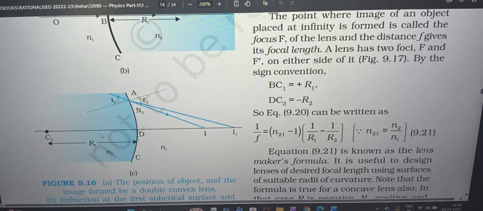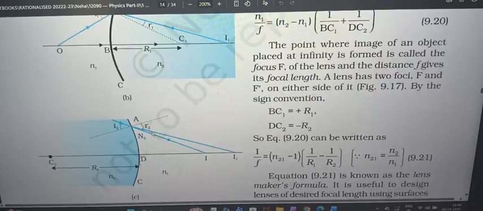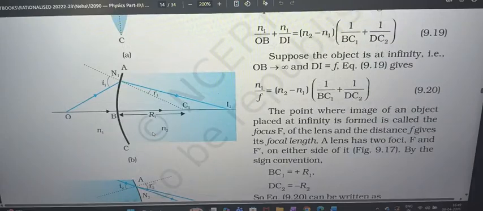But radius of curvature, don't worry, it will remain the same. Because it's towards the left, it will be treated as negative only. Focal length, radius of curvature, you don't have to bother about it. They can be negative if they're left and positive if they are right. Only object and image distance will be considered negative in this particular scenario. So we will apply whatever formula we have just derived for both the surfaces. The formula we have derived is